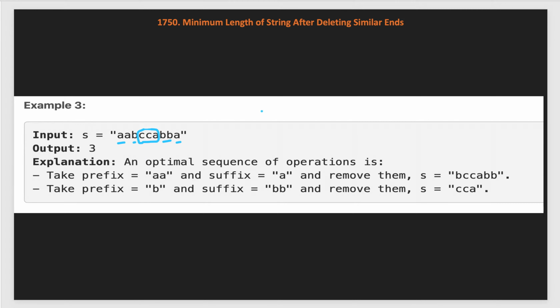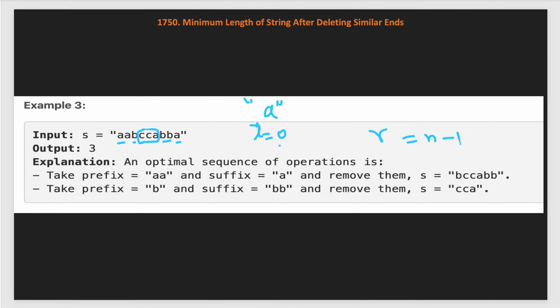So let's take the case where our string has only these characters. In that case, L always starts from the index 0, and R, the right pointer, starts from the length of the string minus 1, since the index is 0-based. So we start two pointers, L from 0 and R from n minus 1.